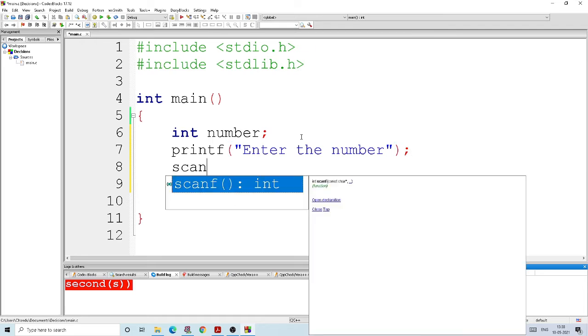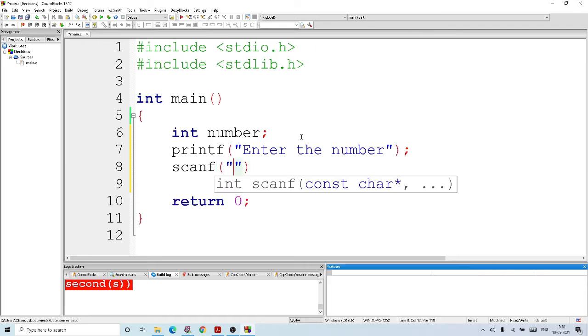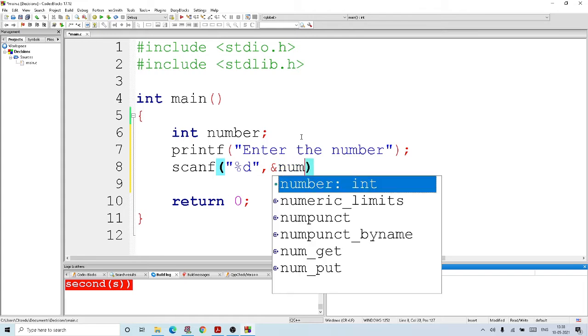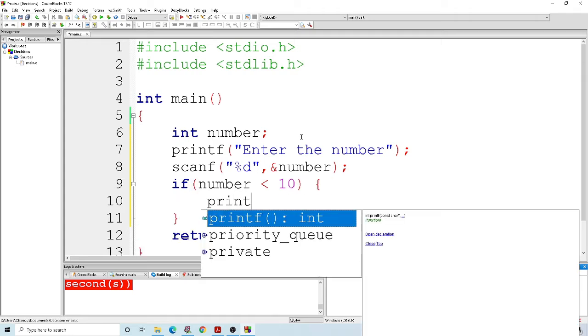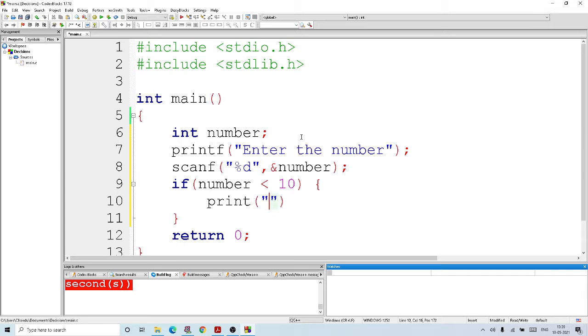Next we are going to read the number that the user is typing on the console. So %d is to read the integer and we give the declared variable number. Now we are going to check: suppose if number is less than 10, I want to print some statement. We'll execute the statement: entered number is less than 10.